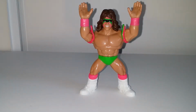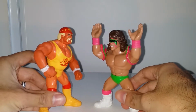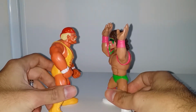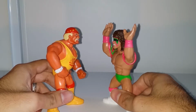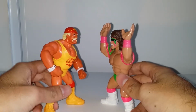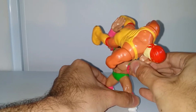This time I'm going to use an old Hasbro figure, and I found the perfect opponent for him. Let's bring in the Hulkster, brother. Yeah, WrestleMania 6. Hulk Hogan versus the Ultimate Warrior, title for title match. It's a classic. I remember watching that match on the network a while back. I actually enjoyed it. But it's really simple. All you do is you just place the opponent on top of the Warrior, and then...